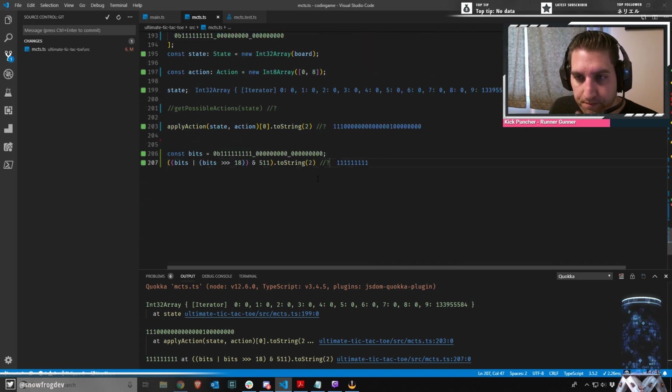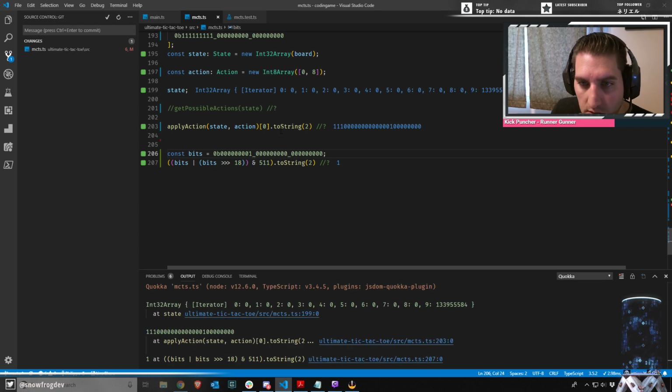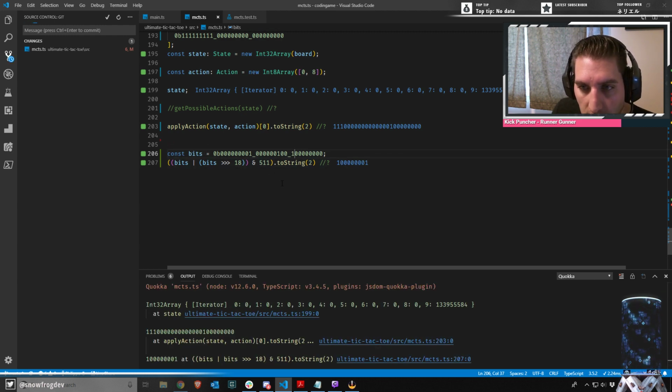Right. Okay, but let's be smart about this. 1, 2, 3, 4, 5, 6, 7, 8. Yes. Now let's say we add a 1 here. Doesn't make a difference yet. And we add a 1 here. It'll pick that one up. Cool. So now what I need is to